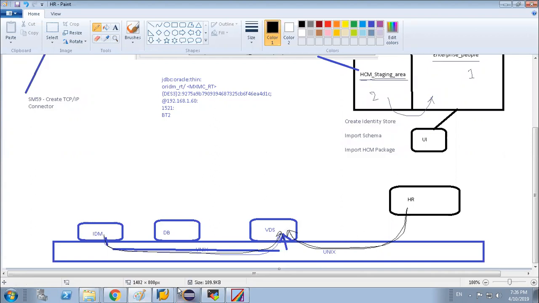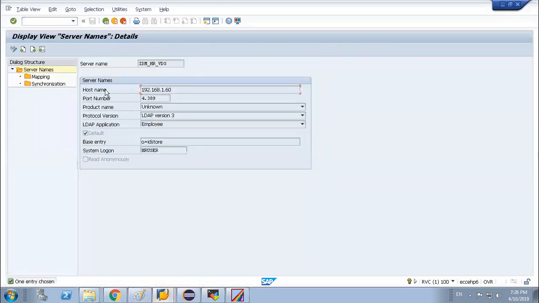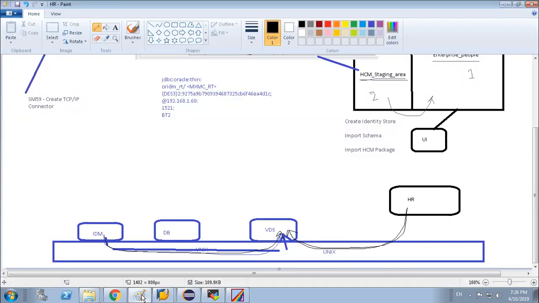Yesterday I told you this server host name should be the host name of the location where VDS is installed. So we have to put this information in your VDS.